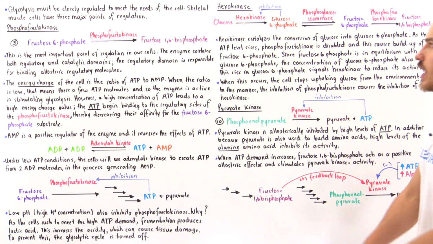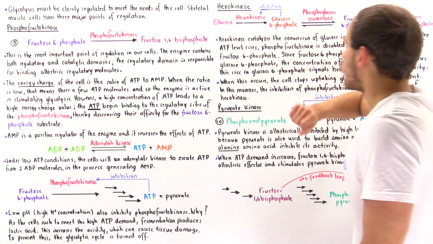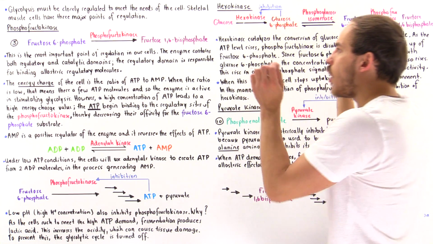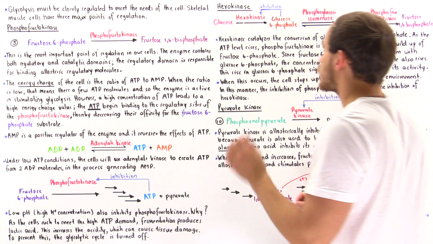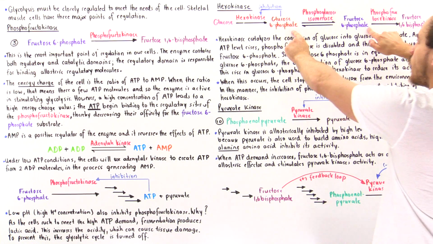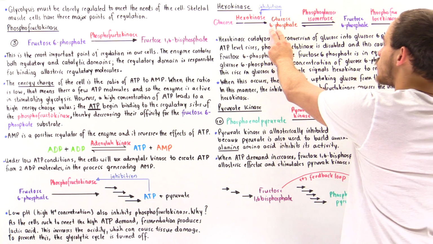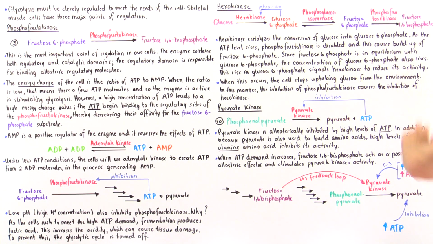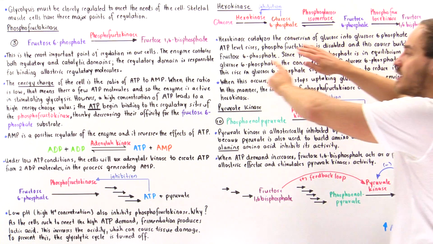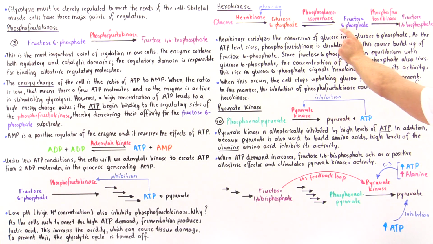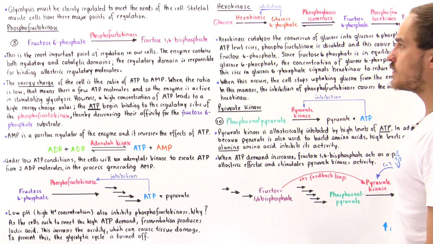So in step 1, we have glucose transformed into glucose 6-phosphate by hexokinase. This is also an irreversible process. We have a reversible process that is catalyzed by phosphoglucose isomerase. We transform glucose 6-phosphate into its isomer fructose 6-phosphate, and then this third step takes place, in which we transform the fructose 6-phosphate into this committed molecule fructose 1,6-bisphosphate by